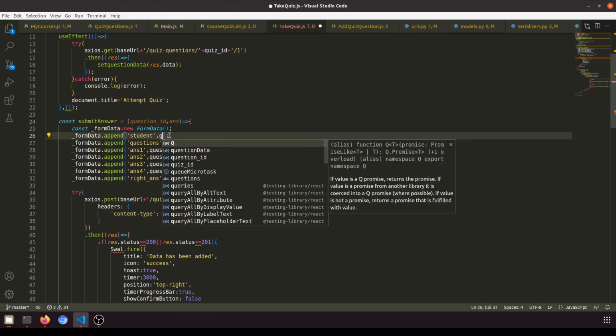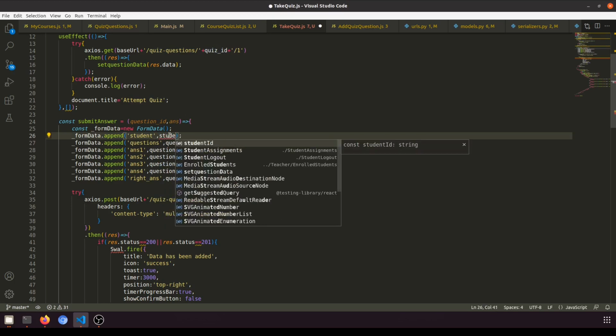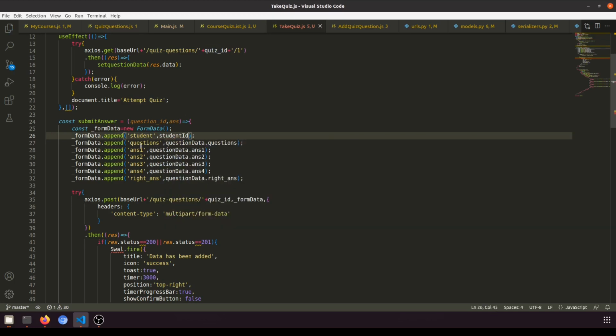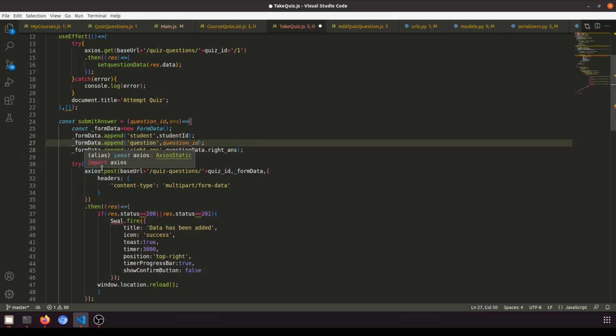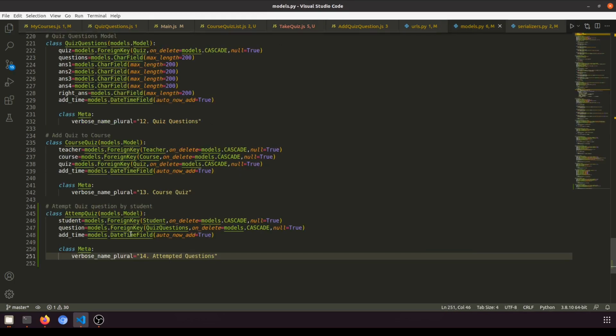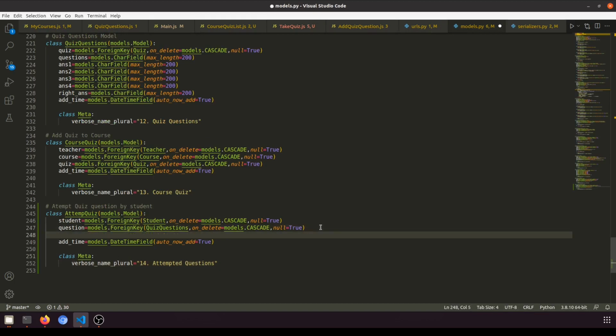student ID, and then we need question, right? So this will be question ID, and then we need answer, right? So we are not saving the answer actually. We need to modify the model here. We need to add one answer. So it will be